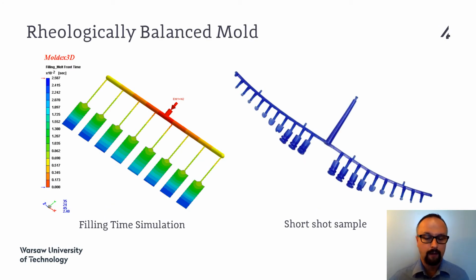And the first layout, the fishbone, like I said, is an obviously imbalanced one, because if we make a short shot sample, we receive such a pattern. So the inner cavities always fill faster than the outer ones, and